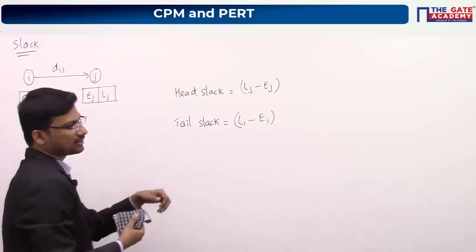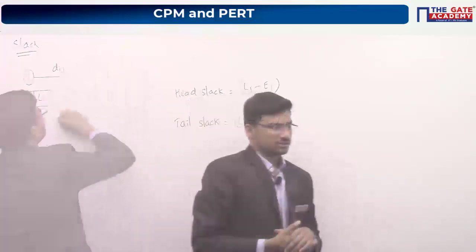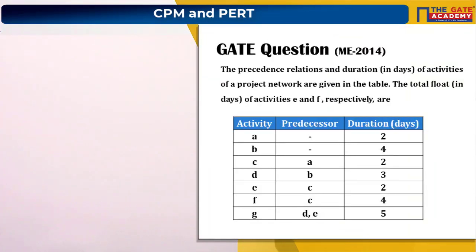I'm just erasing this. Now just look at the question. Just go through this question and try to draw the network diagram for it. No need to find any critical path or anything. Other things I will solve. Your part is just to draw the network diagram, and I will tell you how to calculate these float values. Forward pass rule, backward pass rule, everything I will discuss using this particular example.